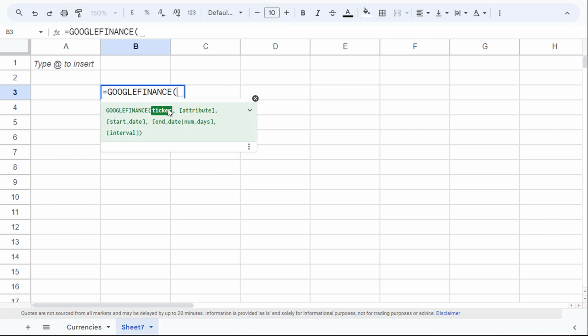Inside the parentheses, you need to specify the currency pair you want to convert. For example, if you want to convert from US dollar to euros, you would type USD in double quotation marks, followed by a comma, and then EUR in double quotation marks. It should look like this. Currency, USD, EUR,